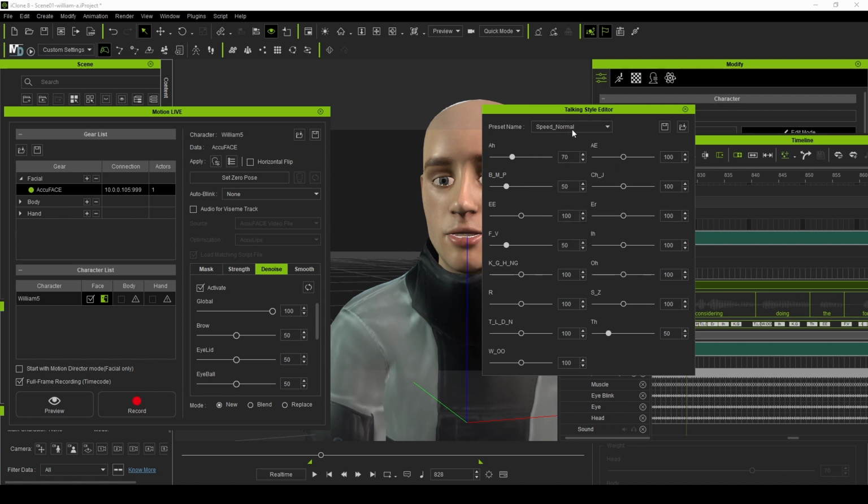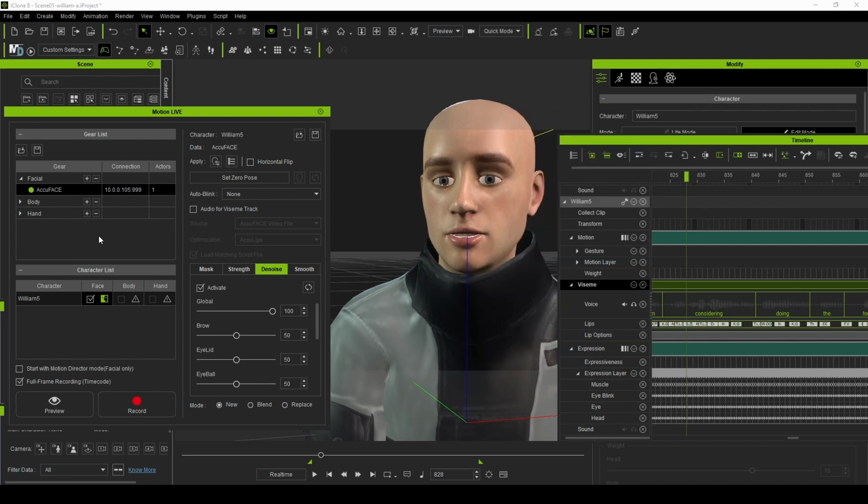Oh, actually, that's interesting. I guess I used the normal. I thought I used a different setting for combining it with the AccuFace motion capture. But anyway, looks like I didn't. So I think that's it. I'm just trying to think out loud here. I think that's all the major pieces for